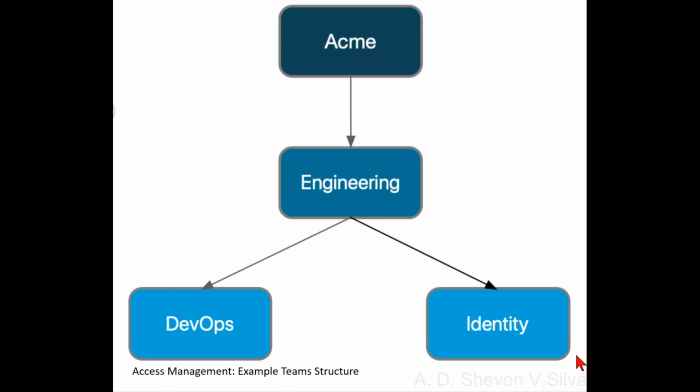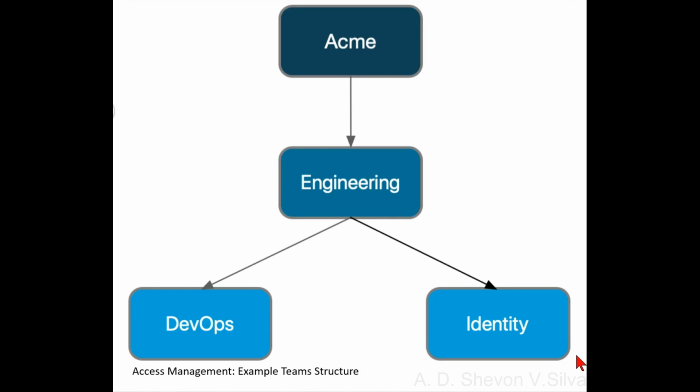As a child of the engineering team, the identity team can still deploy code to pre-production environments, but unlike members of DevOps, members of identity do not need to deploy to production. You cannot give this team permission to manage the entire organization, but you can give it permission to manage audit log and authentication services business groups by configuring the administrator permission within the scope of the audit log and authorization services